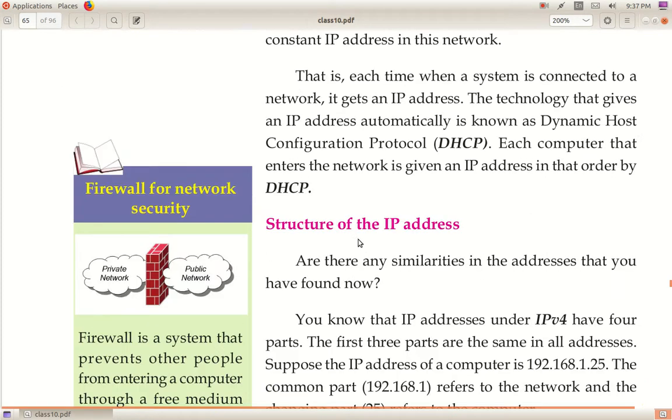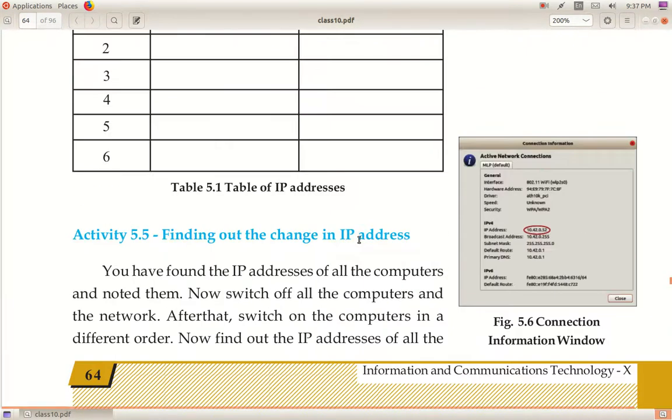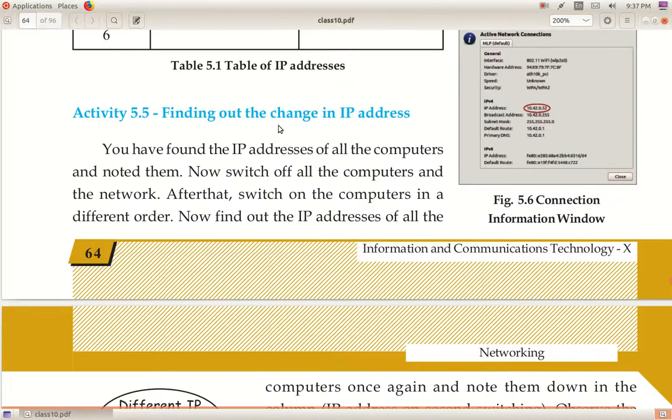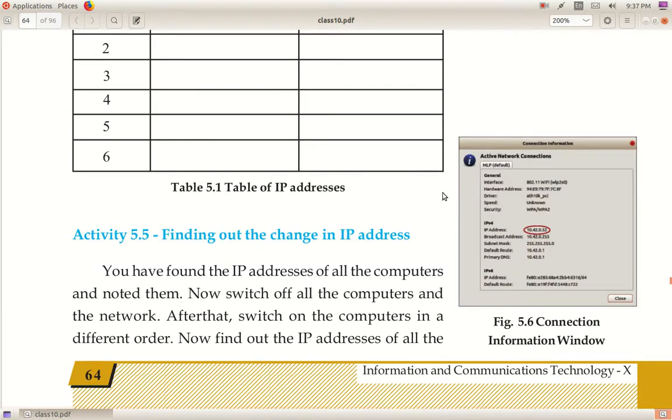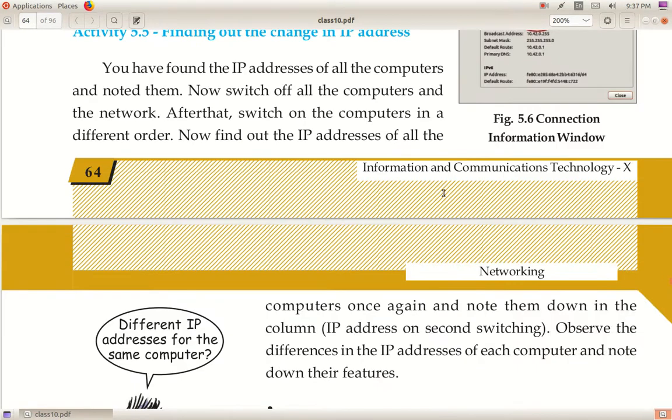Why that happens? Finding out the change in IP address. In each switching, the IP address is changing. Okay, whenever after shutting down the system, if I switch on the system, it will show another IP address.